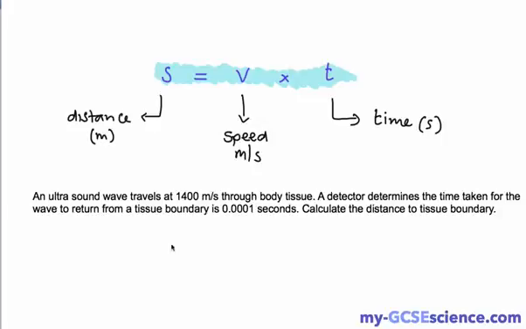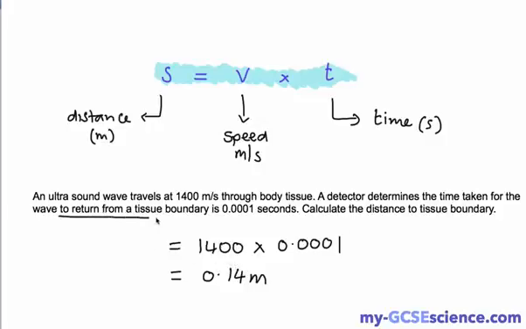So in this case we would just have to substitute in the formula. So it's 1400 times 0.0001, which is actually 0.14 meters. Now there's a little trick here, be careful, because it says the time taken for the wave to